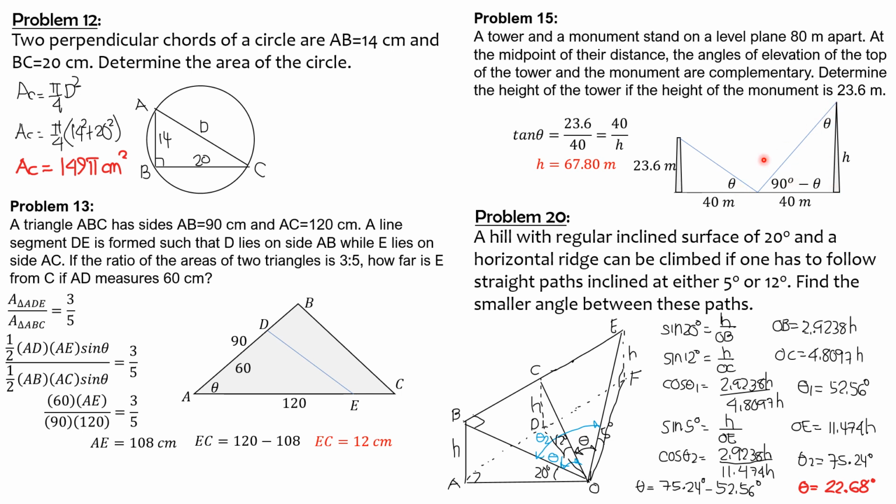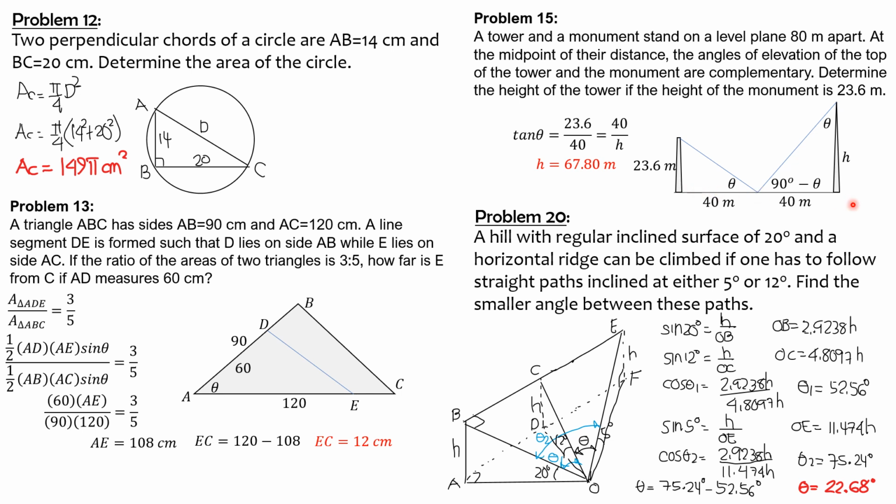So we have two right triangles. So let's define tangent theta. Tangent theta in this right triangle is 23.6 over adjacent 40, because this point is the midpoint of the distance